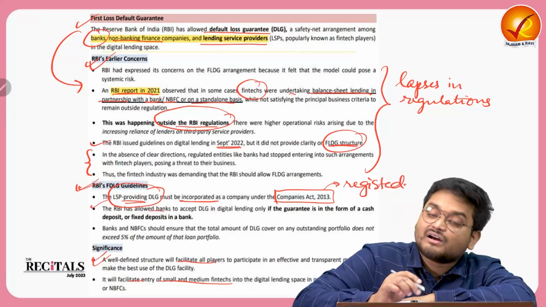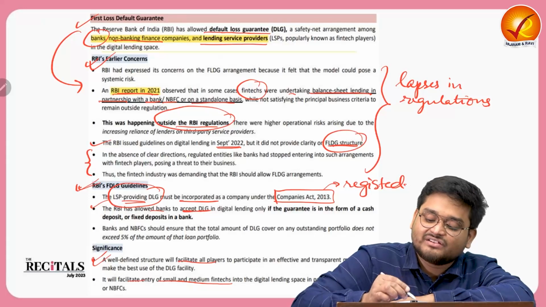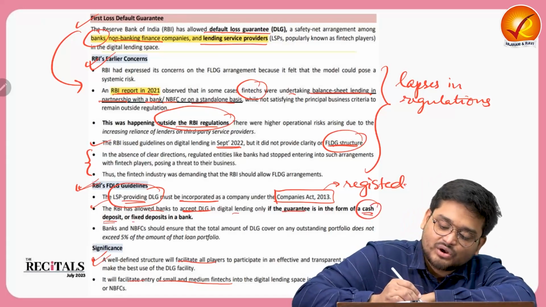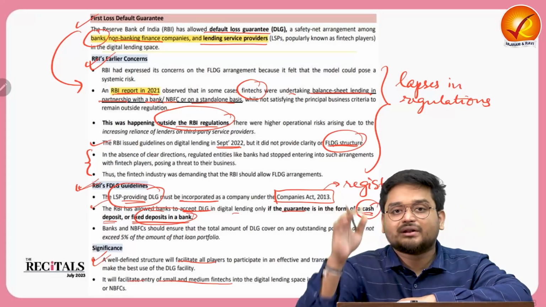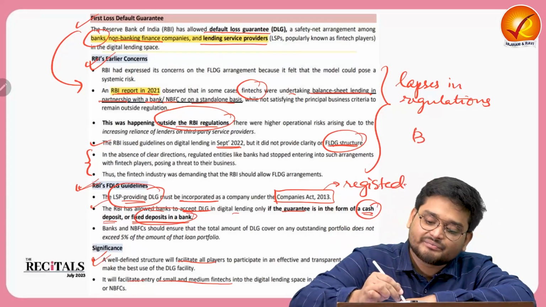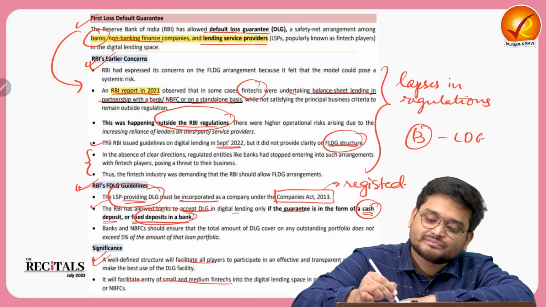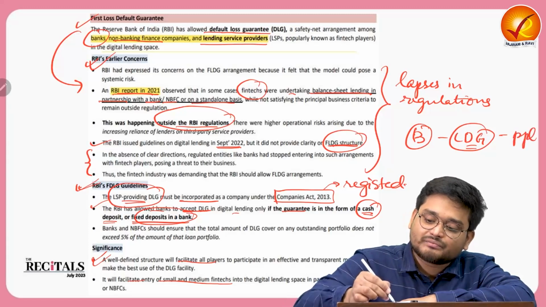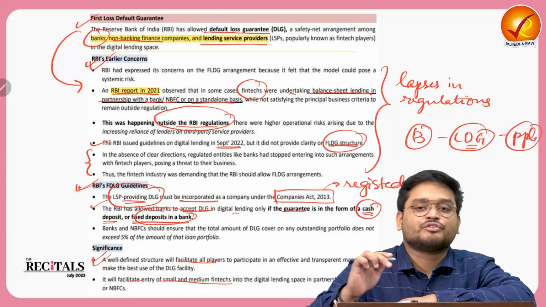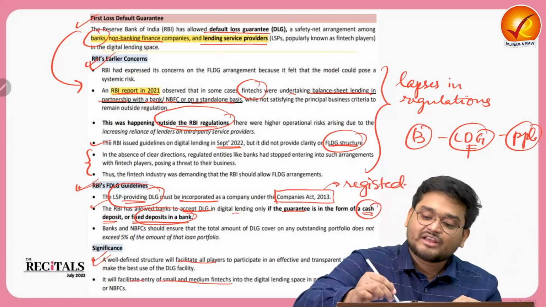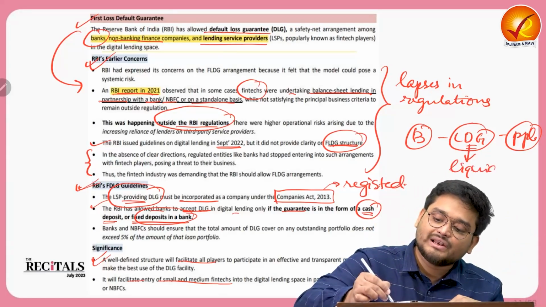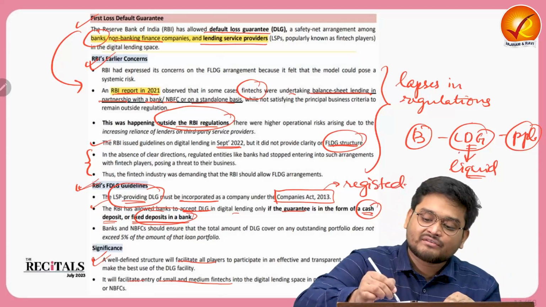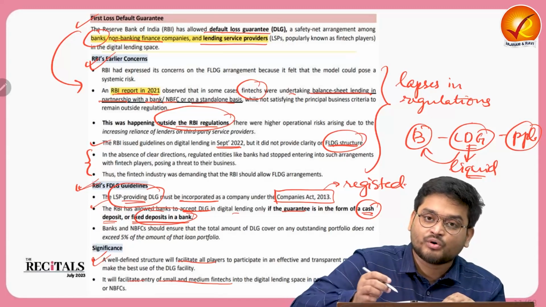Then the RBI have allowed the banks to accept DLGs in lending only if the guarantee is in the form of cash, deposit or fixed deposits in a bank. Remember the structure we have taught? Banks, LSPs, right? And finally the people. If the people default, the LSP is responsible. But how is it responsible? It has to be responsible in cases of very liquid assets. That means if the loan is defaulted, they have to pay back in form of, say, fixed deposit, cash to